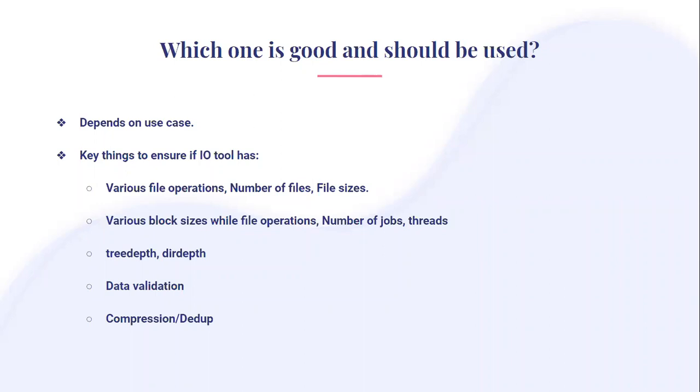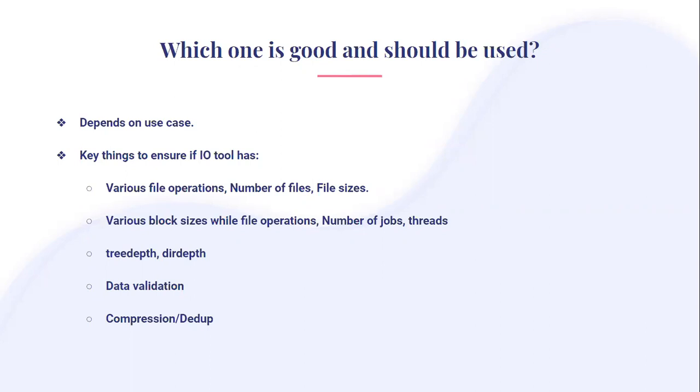Another thing we need to ensure, and that is very, very important, is whether the IO tool supports a tree structure, or what we call width and depth structure. When I say depth and width, that means on a particular directory, how many levels of files you can create. Say the depth is 2 and the width is 3. Accordingly, for each level we'll be creating two directories, and inside each directory we'll be creating 3 files. That's how an actual file server implementation looks, right? People don't create all the folders at the same level.